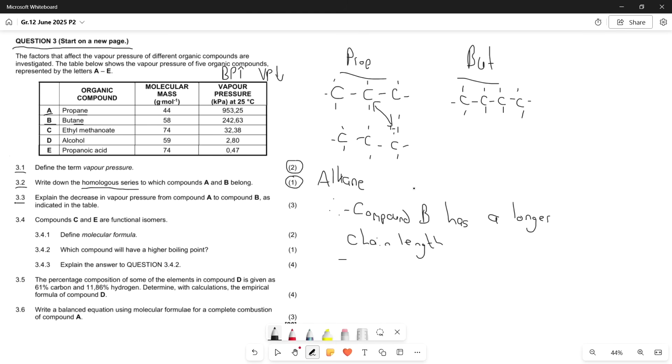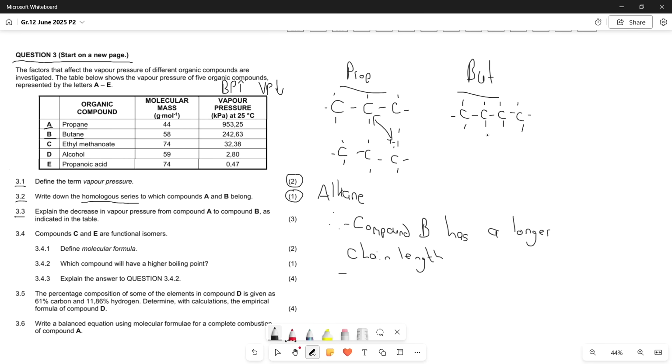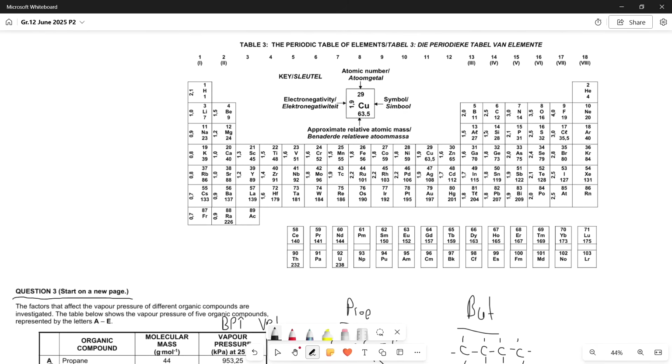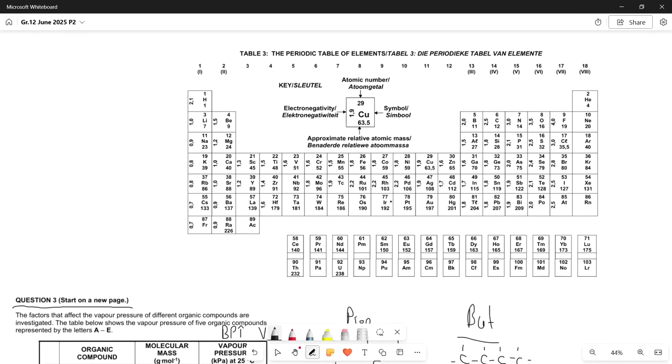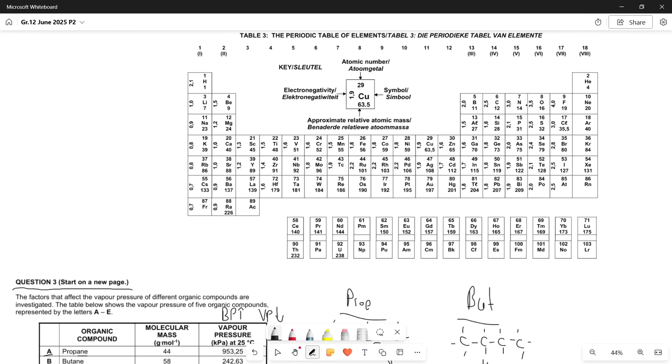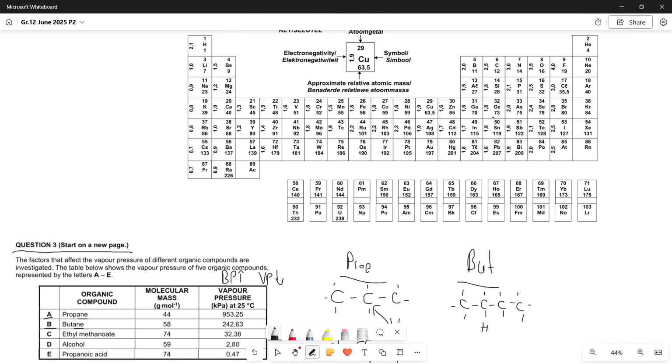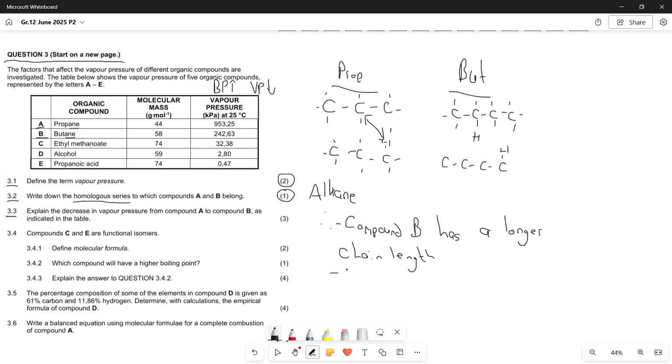So that means, as we can see, we only have C's and H's. And like we were talking about earlier, if we go to our periodic table, C minus H, 2.5 minus 2.1 placed us in the weak London range. That is what we had when we were checking the electronegativity, and there are only C's and H's, which means we end up being 0.4 being weak London, which means they both have weak London, so we have to write that. Both have weak London forces, but because this has a longer chain length, there are more intermolecular forces to